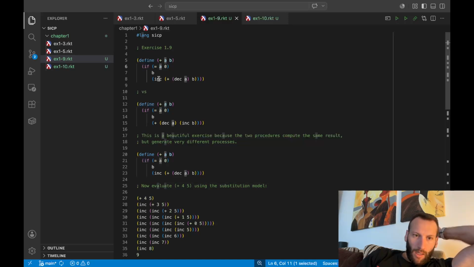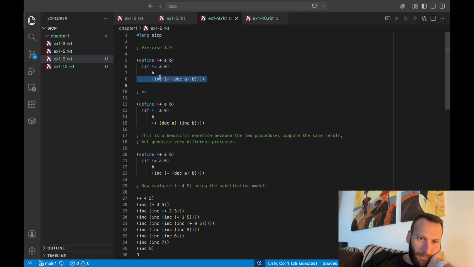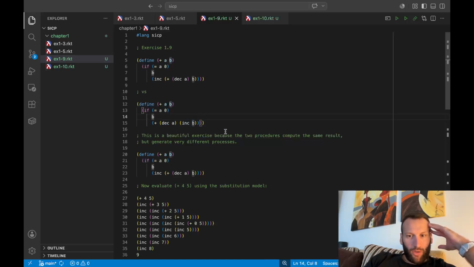What the difference lies in are these two lines, line 8 and line 15. And this is a beautiful exercise because the two procedures compute the same result but generate very